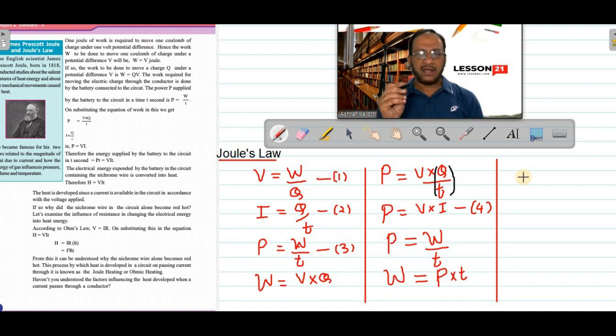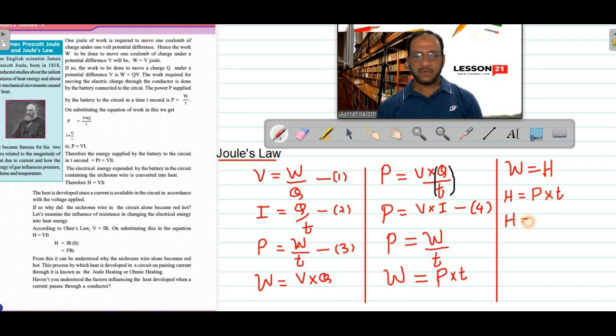So in a heating coil, when current flows through that, the work done by the heating coil is converted to heat energy. So instead of W in this equation, we can use heat energy, because work done by the coil is converted into heat energy. I can write H, heat energy, is equal to power into time. Heat energy produced in a coil is equal to power into time. Now from equation number 4, we have P equal to V into I. Power is V into I. Now we substitute that here. Instead of power P, we can put V into I.